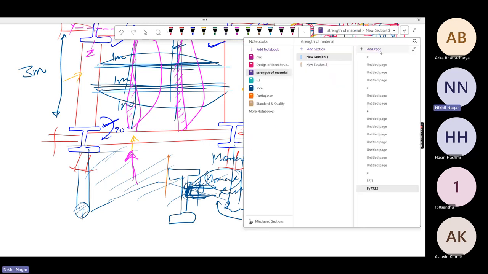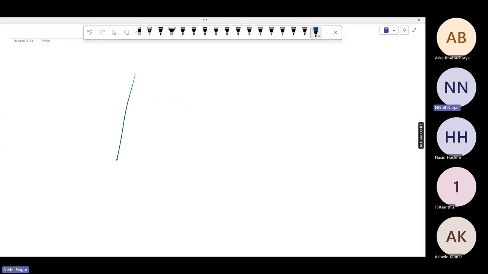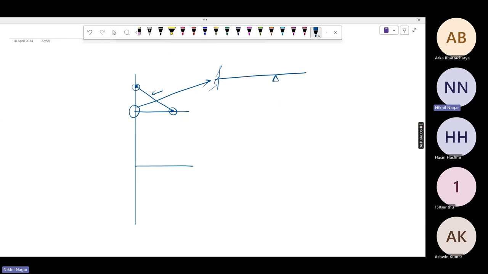सो वन बाय वन मैं बता देता हूँ एक बार। नए पेज पे जाते हैं। लाइक दिस इज योर कॉलम, आउटर मोस्ट कॉलम, एंड दिस इज योर बालकनीज। ओके, so you can take one rod also. By the one rod you can connect them, so you have to just make the moment release at the both the ends again, because you just want to make it as a prop cantilever। क्योंकि यहाँ तो फिक्स्ड है इस वाले एंड पे, ये तुम्हारा फिक्स हुआ, ये तुम्हारा कैंटिलीवर हुआ। यहाँ पे मैंने एक रिएक्शन दे दिया, लाइक एक रोलर सपोर्ट। सो रोलर सपोर्ट मीन्स ये हमारा प्रोप कैंटिलीवर होगा। सो क्या हुआ, मैंने इसकी डिग्री ऑफ